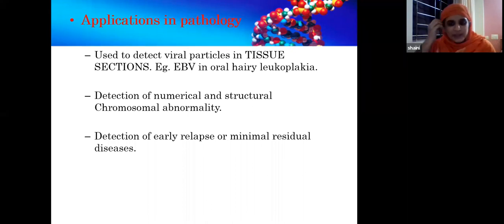Okay. Now, applications in pathology, where fluorescent in situ hybridization and chromogenic in situ hybridization are used. One, as I said, in tissue sections, you can find out the location of the viral particles. For example, EBV in oral hairy leukoplakia, or HPV, into which strata of the epithelium it is present in oral premalignant and malignant lesions, or as we just saw, to which part of the lung tissue or the respiratory epithelial tissue the SARS-CoV-2 virus is going and binding. All these can be done in tissue section. So this is an important thing. The tissue architecture is preserved here, and you can identify where in the tissue it is going and binding.